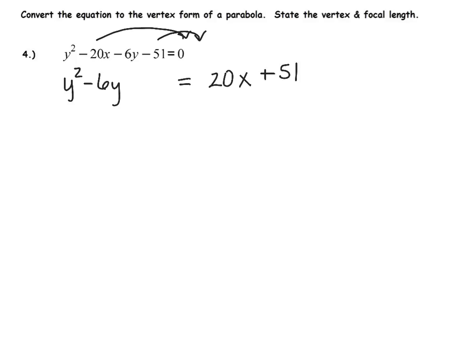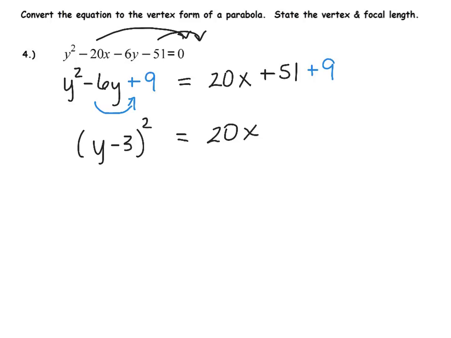All right, let's complete the square. So if I take the negative 6, divide it by 2, and square it, that gives me plus 9. And since I added it to the left side, I'm going to go ahead and add it to the right side as well. Now let's factor the left side. We get the quantity y minus 3 squared equals 20x plus 60. So I can just go ahead and add these two together and get 60. Well, we're almost there, but not quite. The left side, we have our quantity squared. But what we need to do is on the right side,